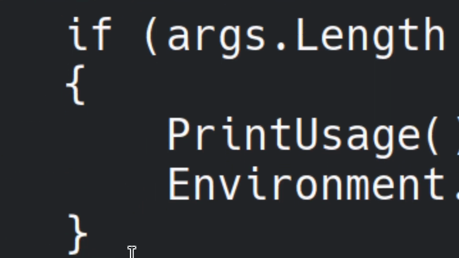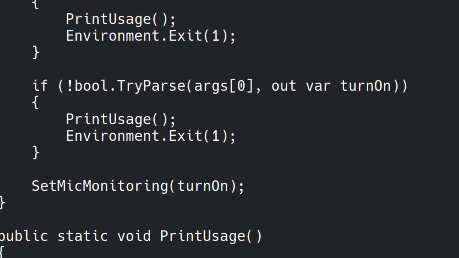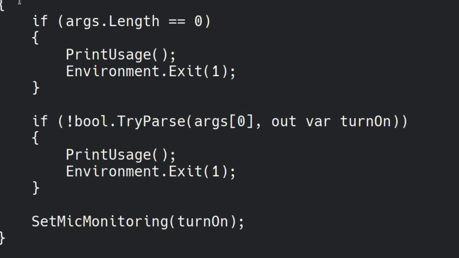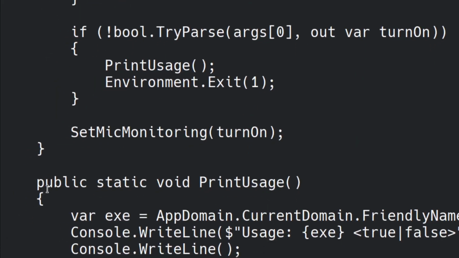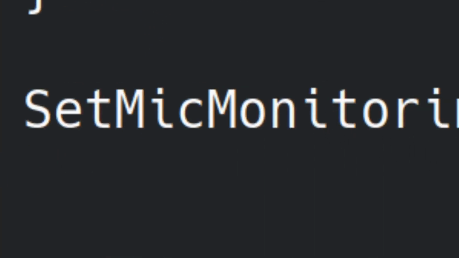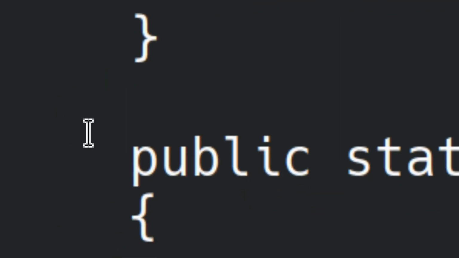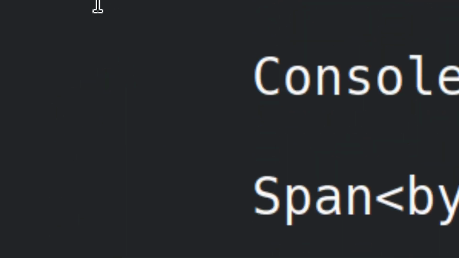We do some argument parsing to figure out what we want the actual setting to be. Do we have one argument? If not, print the usage string. Is it a Boolean value? If not, print the usage string and exit. And then we take that Boolean value and send it to set mic monitoring and pass it the bool value. So if we scroll down,